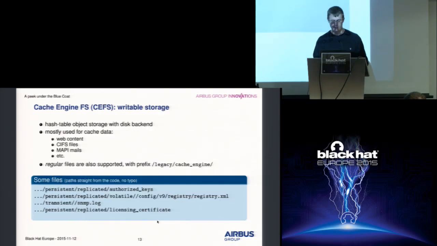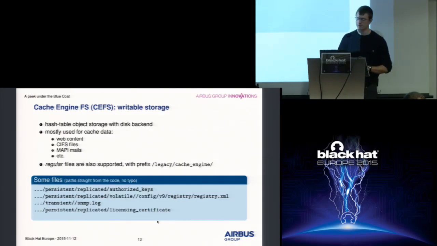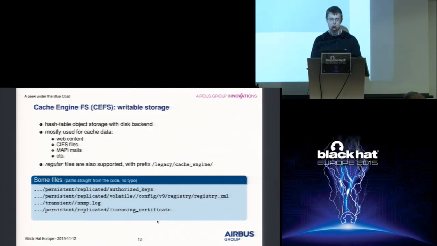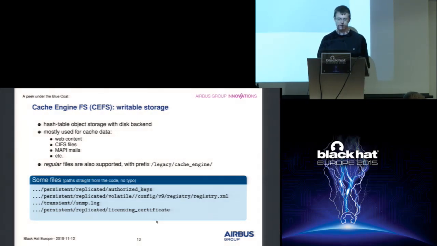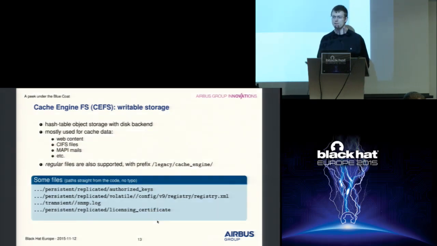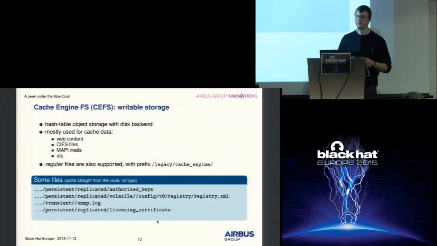Now I'll say a few words about the CEFS, the cache engine, which is the writable one. We don't really know much about it. As I said before, it's hash table based. It's really interesting because by default you have no guarantee that the files you store into this file system are going to be permanently there. They can get evicted if there is no space, and if your entry is too old, it would get evicted